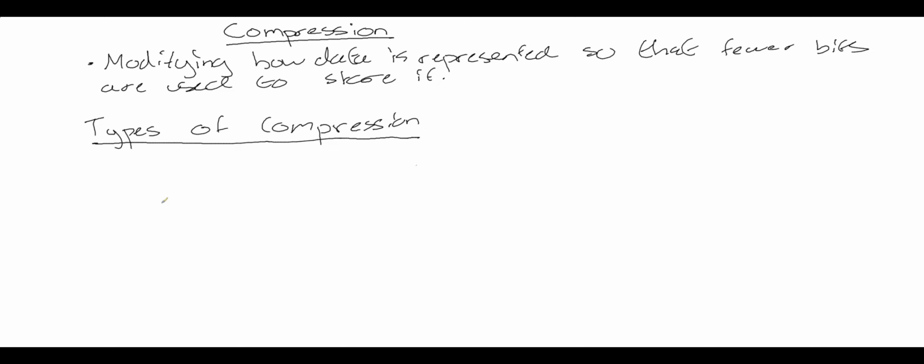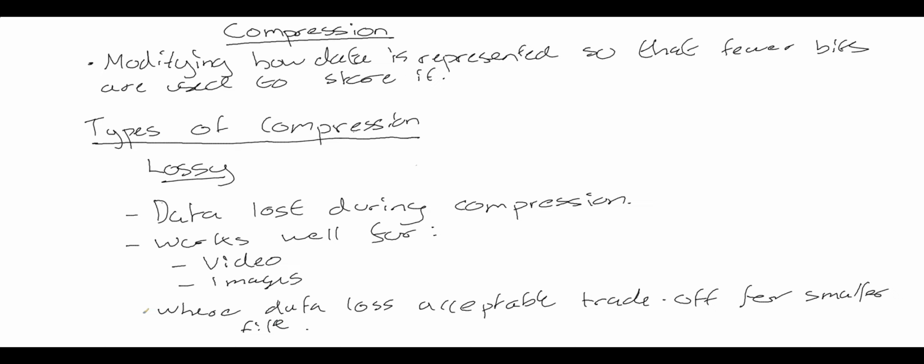Okay, so now I'm going to take a look at the types of compression algorithm that we might use. The two main types are lossless compression algorithms and lossy compression algorithms. So let's first take a look at lossy compression. Lossy compression describes all the methods of compressing data where detail from the original data is lost during the compression process. It works well for images and video where a lower viewing quality is an acceptable trade-off for a smaller file size. So for example then,